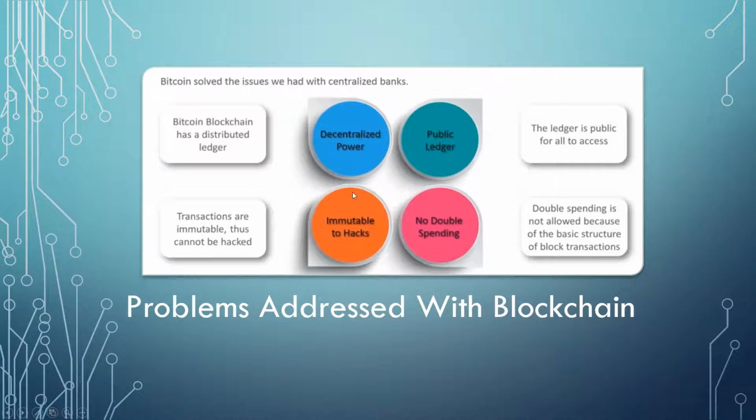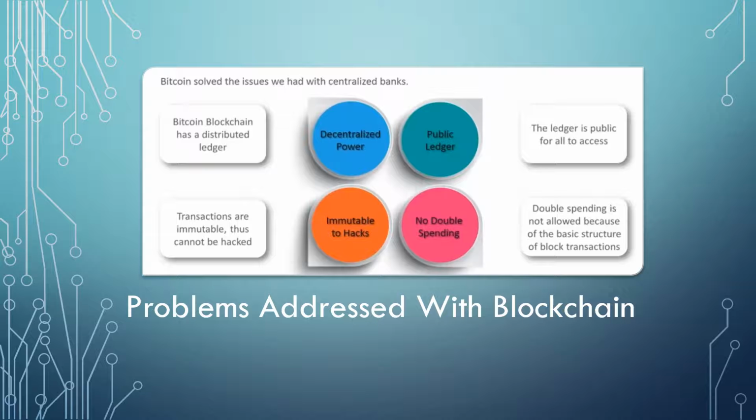Okay, so now let's understand some problems which are addressed by blockchain. The first one is centralized power. Every monetary system that is out there today is controlled through a central governing authority. Almost all currencies available in the market are controlled through a central body, so the power lies in the hands of one single organization. However, Bitcoin, with blockchain underneath, solves this problem of centralized power by making the ledger available to everyone in the network.